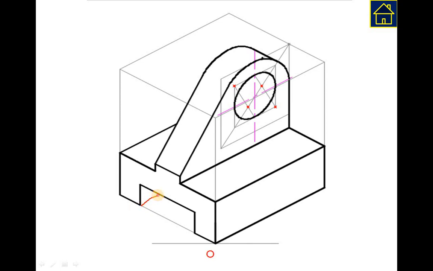So I can draw a line like this, parallel to length. Remember, all lines you are drawing are parallel to length, height and width. Only such lines you need to draw as per the requirement of the questions, which are not parallel to length, height and width. Here this portion, that we need to repeat. Okay, this curvature we need to repeat, and for this the center point is important.